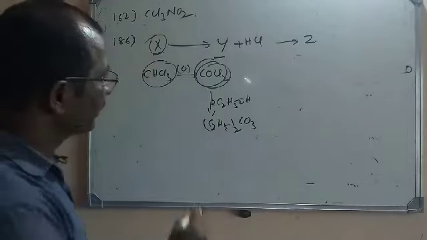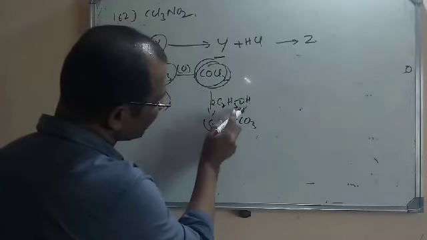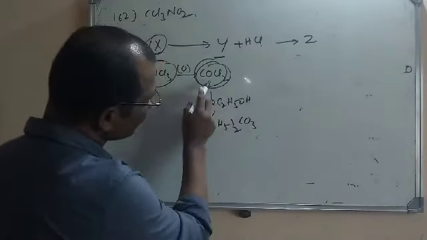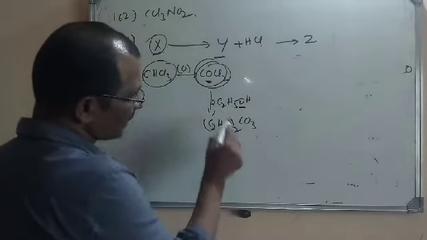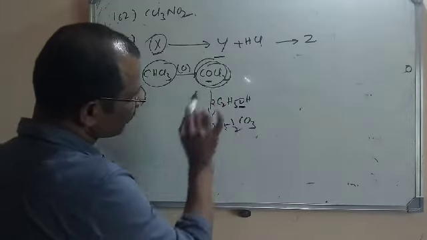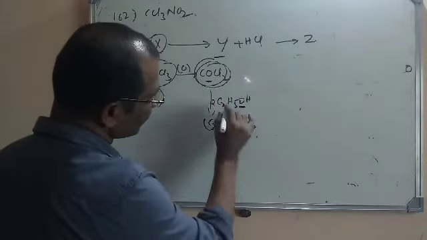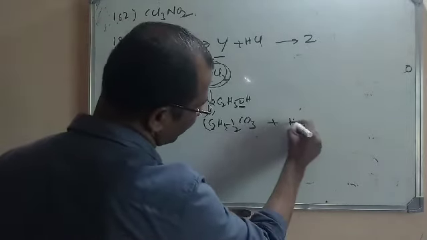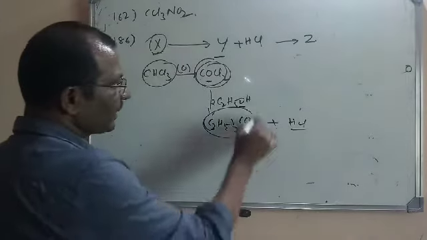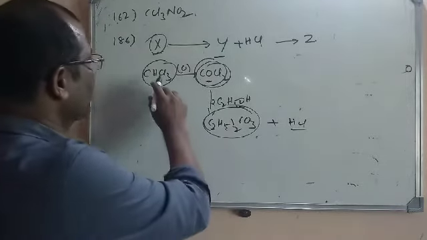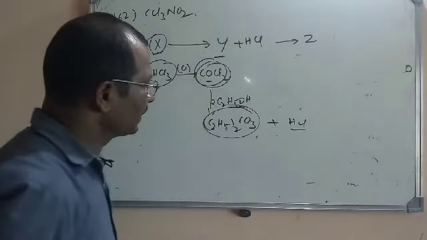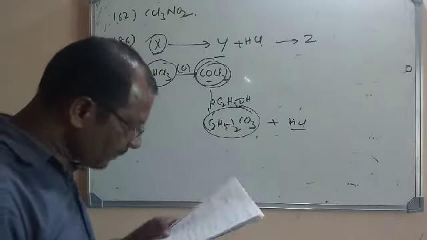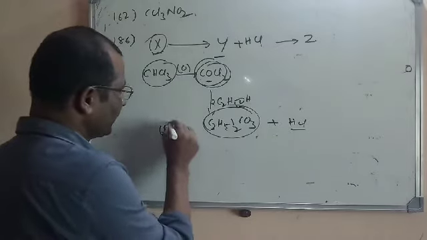In the reaction between ethyl alcohol and phosgene, look here: one carbon, one oxygen, and two more oxygens, CO3, and H and Cl, that is HCl, will be removed. So ethyl carbonate will be formed here. So X is chloroform, Y is COCl2 and Z is ethyl carbonate. If you see the options, option B is the right option.